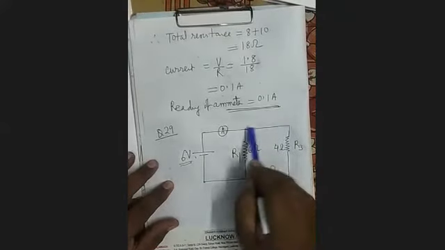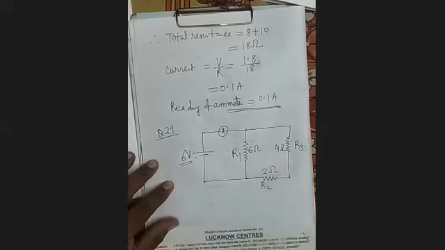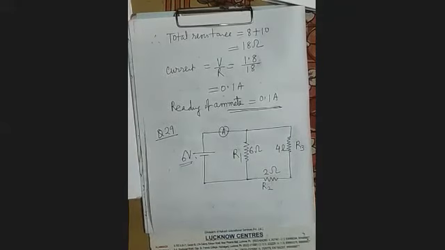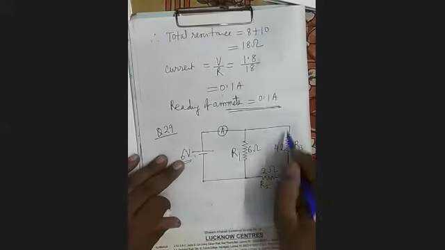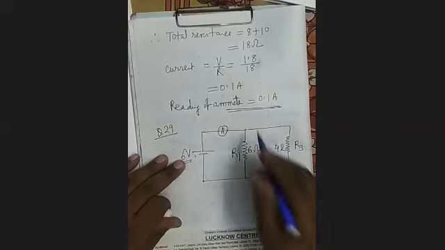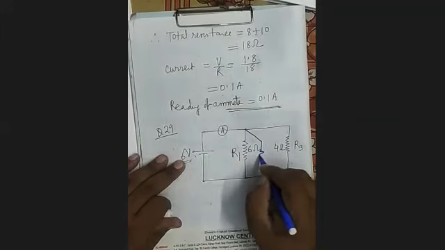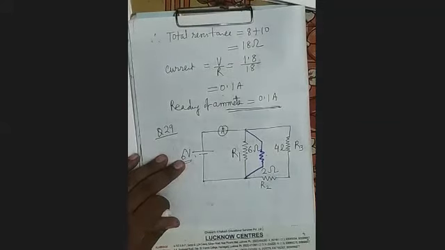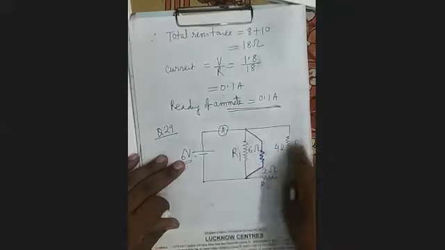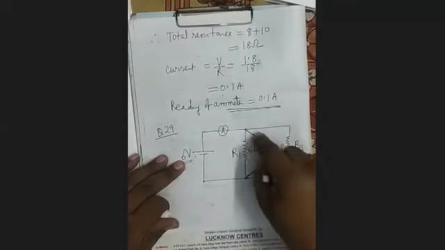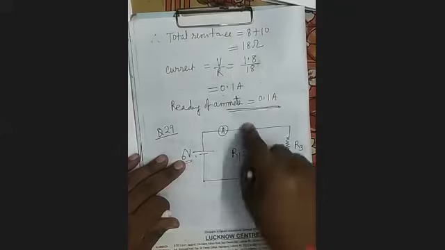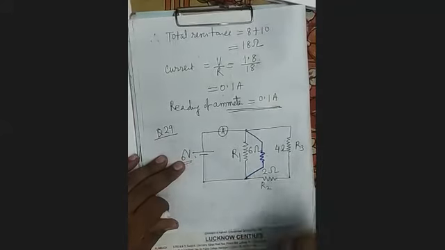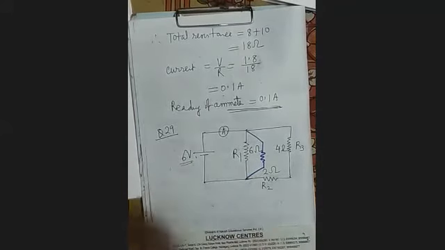Now this 6 ohm and this R1, they are connected in what way? If we remove this and connect this 6 ohm resistor here, then they are connected in what way? Parallel. It's clear? Because now it has reduced into 6 ohm. So we have drawn this 6 ohm here, and the other 6 is this one. How are they connected? In parallel.